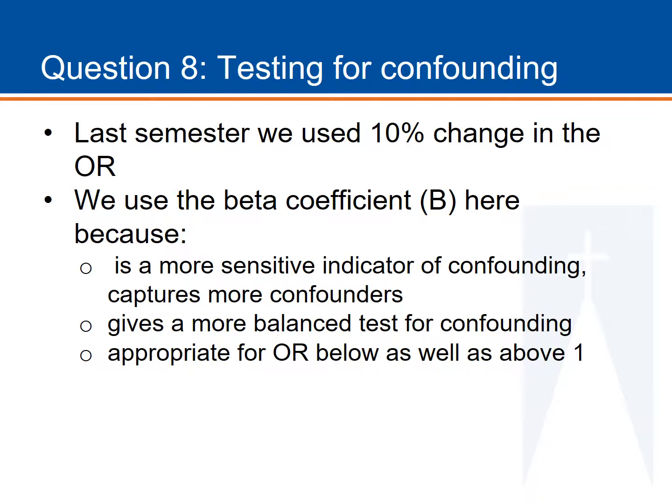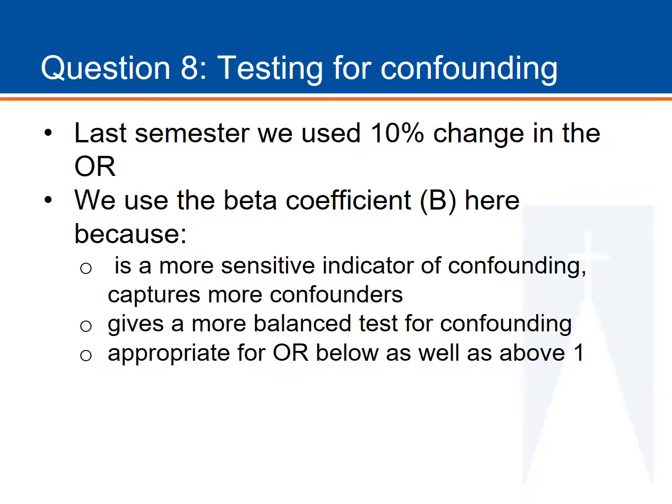Last semester we used the 10% change criteria, but in that analysis we only had odds ratios. So we looked for a 10% change in the odds ratio. Here we have better information, and we can use the beta coefficient instead. We use the beta coefficient because it is a more sensitive test of confounding. It captures more confounders and gives a more balanced test for confounding, making it appropriate for odds ratios below as